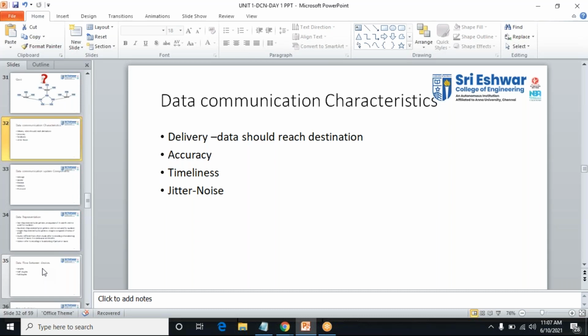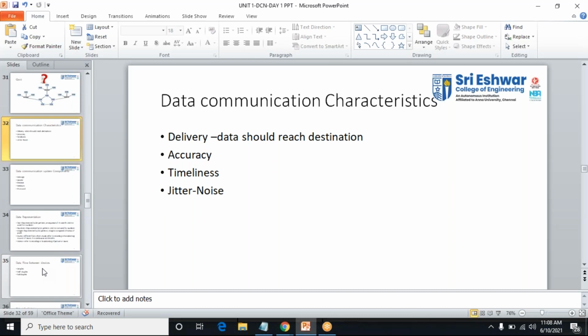Data communication is the transfer of information, the exchange of data between our system, from source to destination. The sender we call the source, and the receiver we call the destination. Please remember, in unit 1 the first topic, we are going to learn about the fundamentals, the data communication characteristics.